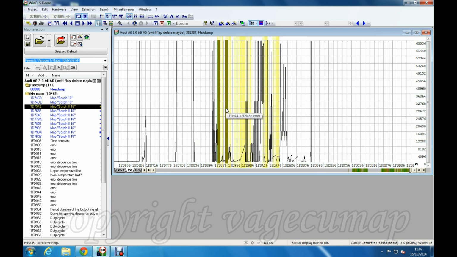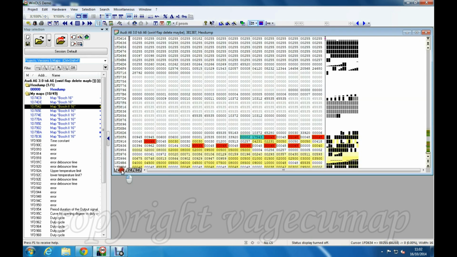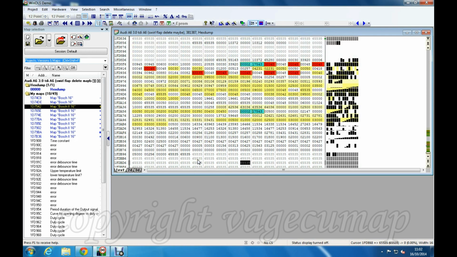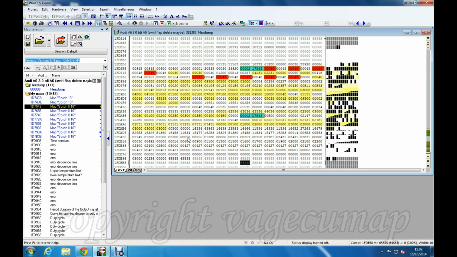Now, this is fairly consistent. In other words, you should be able to find this area in virtually any of the EDC16 files, but of course looking at it like this is pointless because it just looks a mess, especially as some of the colours I've added seem to have just blurred into one big lump. What I'll do is change to text view and move up a little bit, and you can see where I've added a few colours and changes.